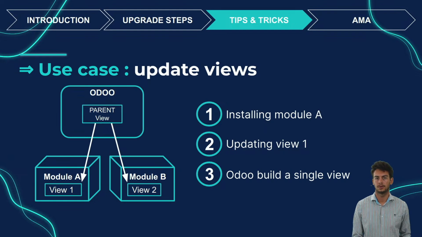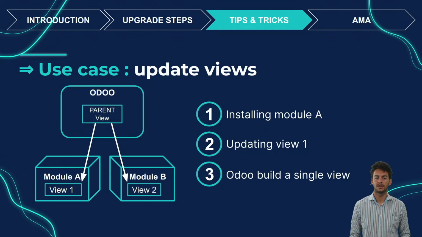So when you will update all the modules, what will happen when updating the first one is that it will update view 1, and view 1 will trigger a rebuild of the view containing all the views. So the view that is displayed to you when you open Odoo. And so it will take all the inherited views and include them in the